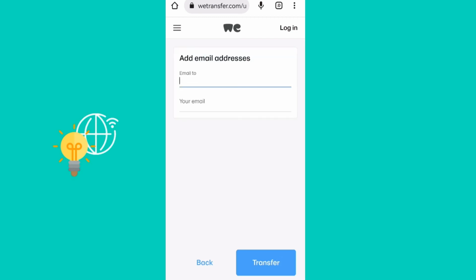Let's say email to. Here you write the person that you want to send your files to, and then you go ahead and click on your email and write your email, and then go ahead and click on transfer. It's almost like instant. It happens in like a couple of seconds, and it's really easy to use and